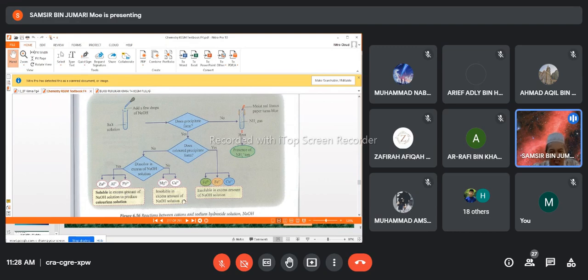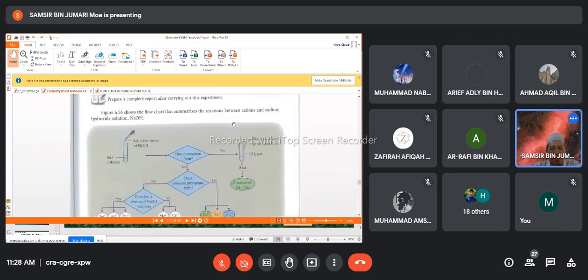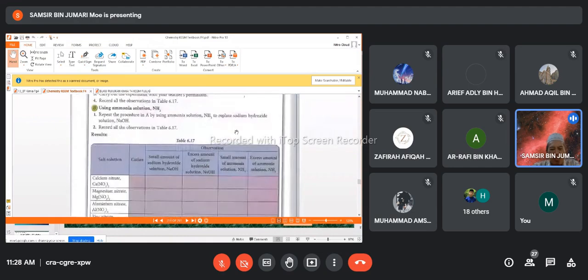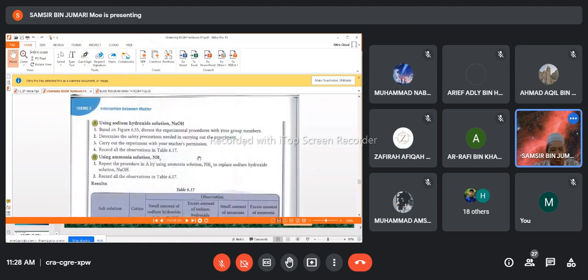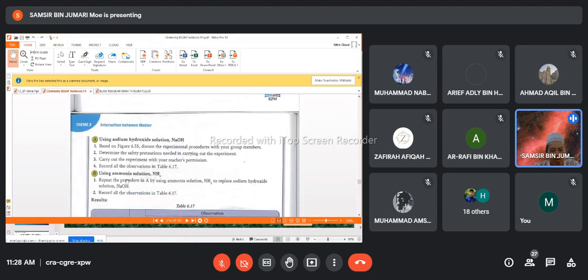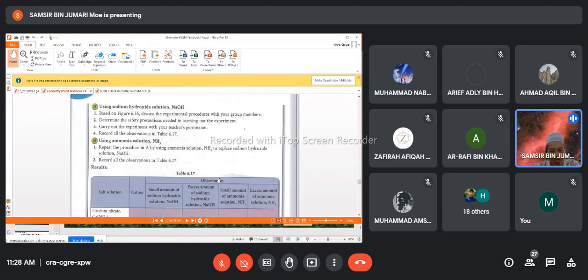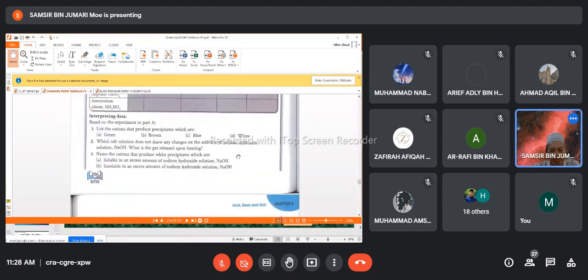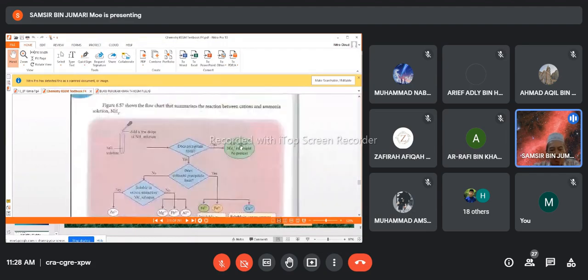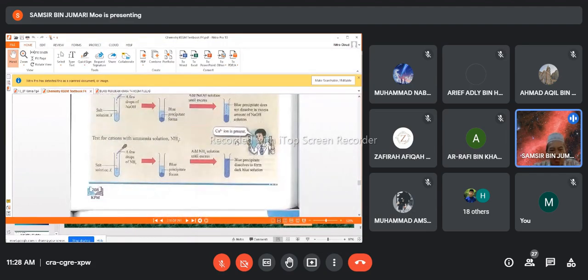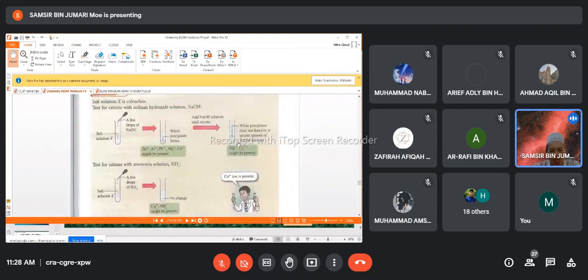So the next steps of the chemical test is using the ammonia aqueous solution, right? Ammonia aqueous solution, this one, yeah. This one, using the ammonia solution, ammonia aqueous solution. Okay, by doing this chemical test using the ammonia aqueous solution, okay, we can find that